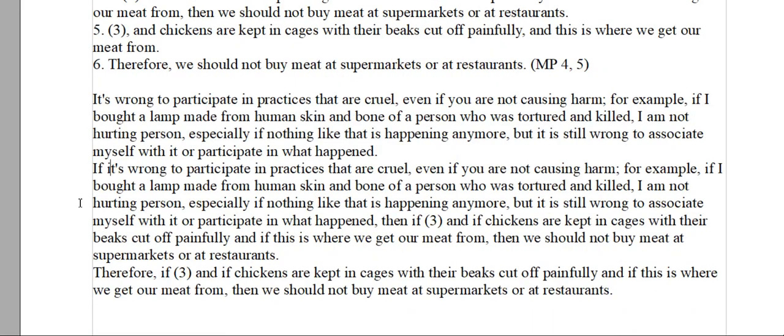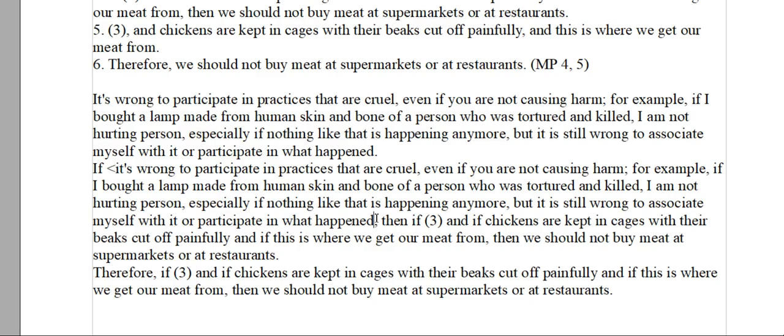Now that's a lot of words. Something I like to do that you do not have to do, but it helps to see what's going on, is I put some little wedges there. So if it's wrong to participate in practices that are cruel, even if you are not causing harm, for example, if I bought a lamp made from human skin and bone of a person who was tortured and killed, I'm not hurting that person, especially if nothing like that is happening anymore, but it is still wrong to associate myself with it or participate in what happened. So if all of that's true, if it's wrong to participate in practices that are cruel, even if you're not causing harm, that you can see by way of this example, then